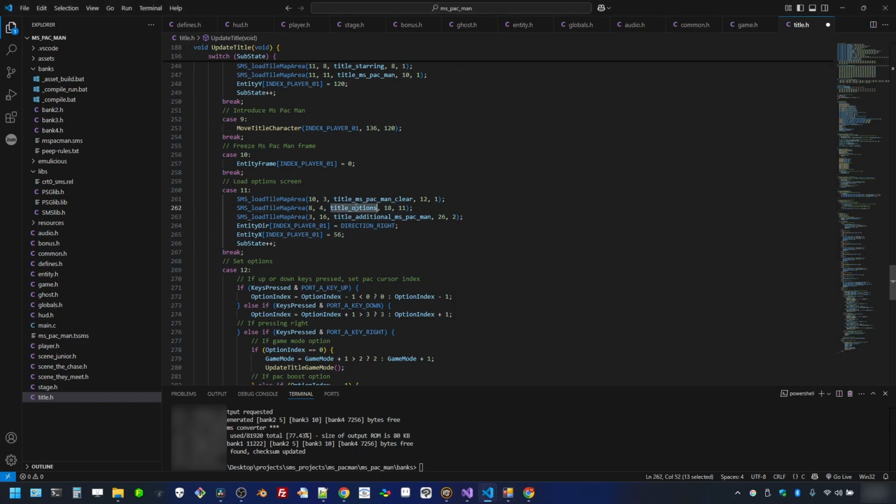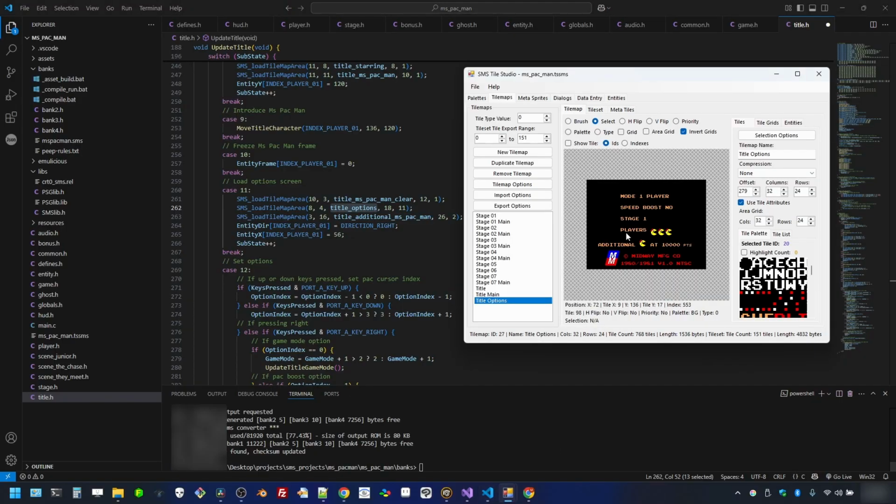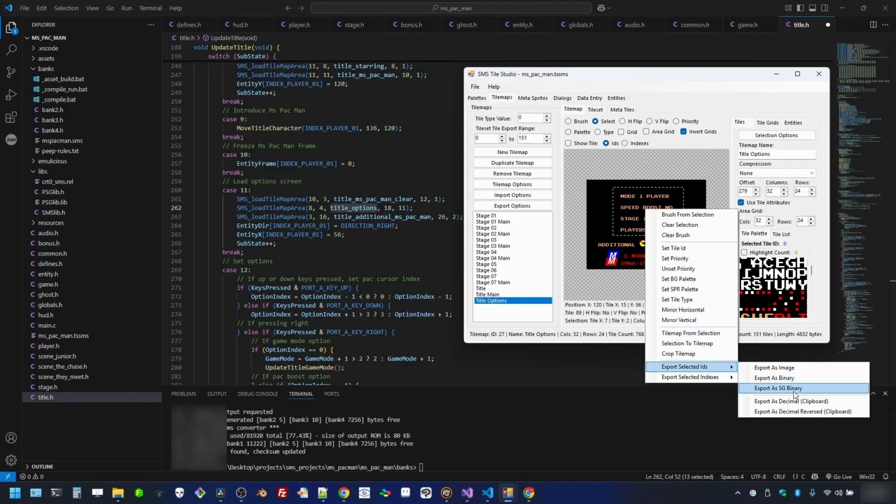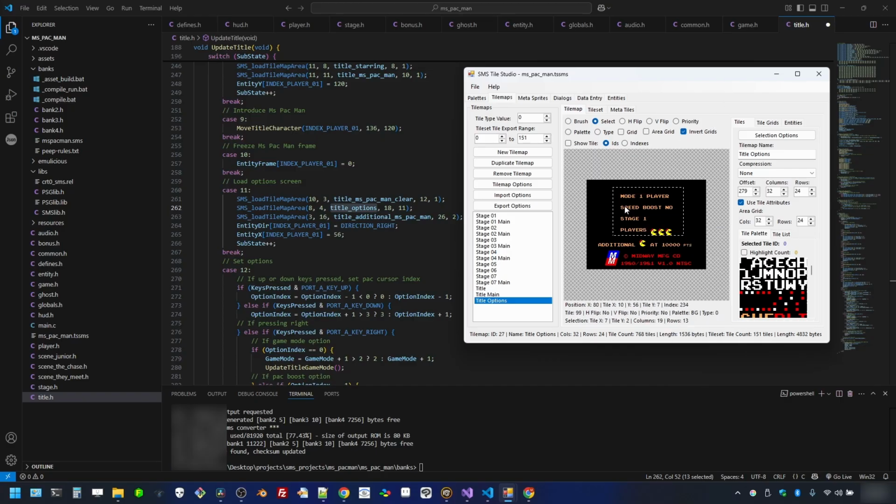And maybe I glossed over that. The title options, that information that we have at the top, is actually this. It's not the entire screen. It's just a section, like that or that, one or the other, enough to overwrite the title stuff. So I just made a selection there, and then I said export tile IDs to decimal, and this will be